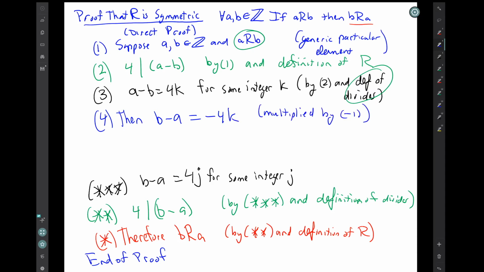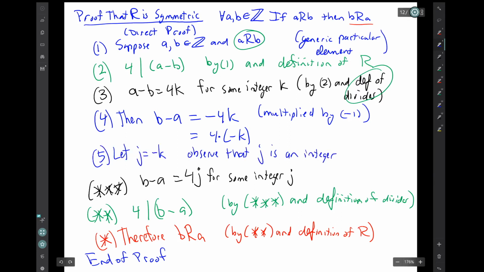Now look how close we are to where we need to be. We need to bridge that gap. So we need to be able to say that B minus A is 4 times some number, so that's an integer. And there we can see very clearly how to bridge this gap. We just have to let J be -K. And we've bridged the gap. We can now number our black statement and our green statement